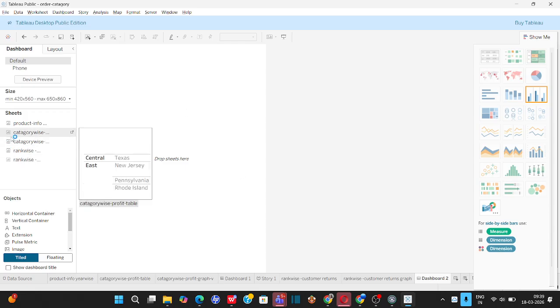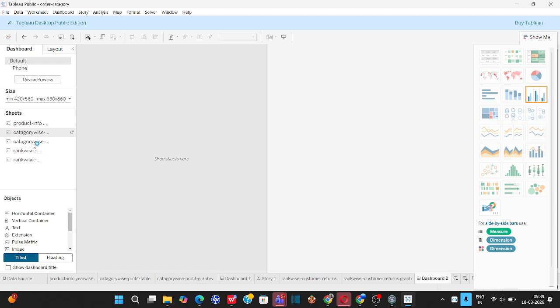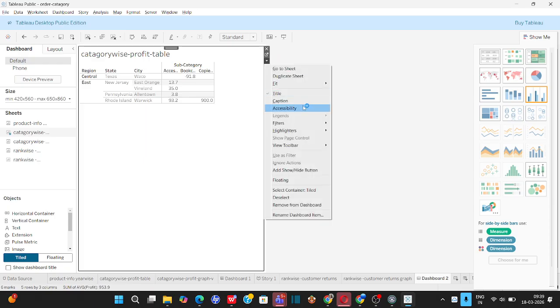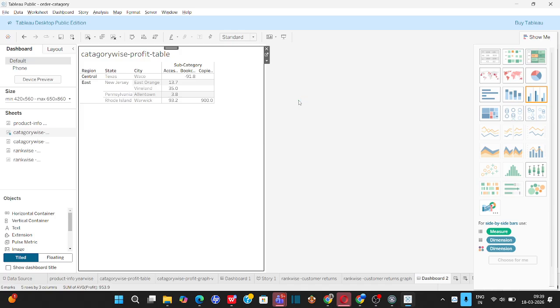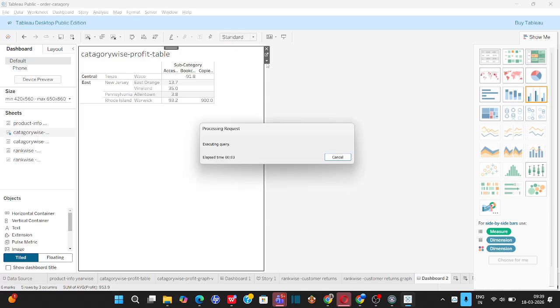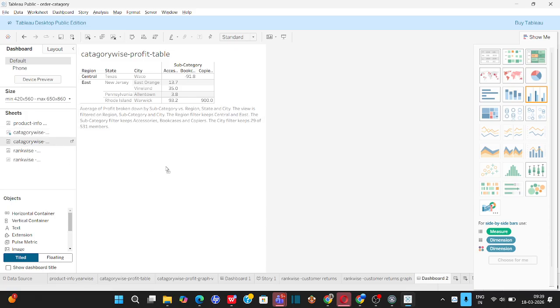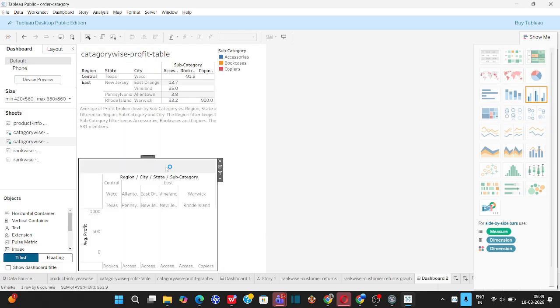In this, if you want any information category wise, so both will become here, category wise information. For this you can add the caption again. Again you can add the graph of the same. Sorry, this is not. Yes, it came. So now